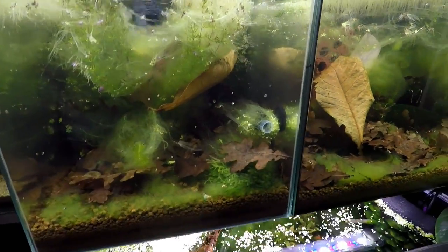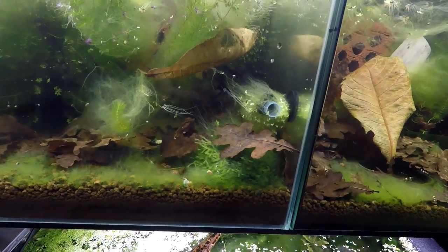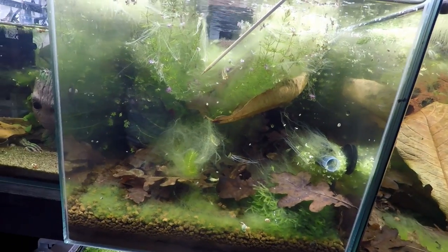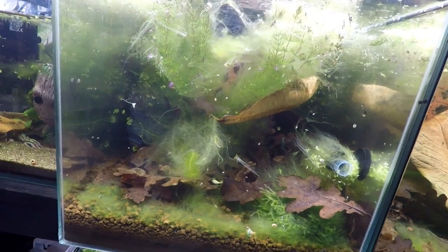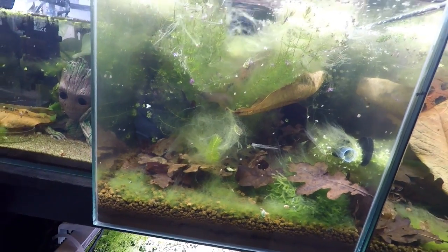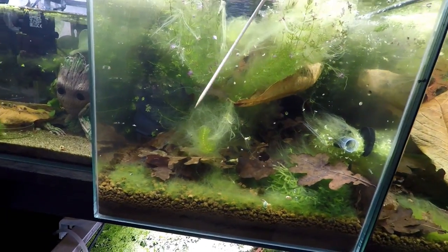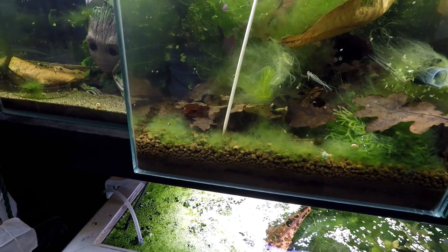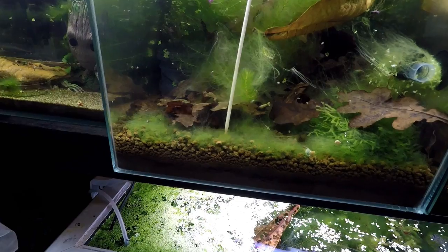Right, so the plan with this is to remove as much of this as I possibly can manually. I'm going to get my hand right in here. I'm going to grab whole clumps of hornwort, give it a little jiggle just to make sure there's no baby shrimp on it, and then we're going to manually remove as much of this stuff from the gravel as well. I mean, I'm moving it like this, and I can see like plumes of crap coming from the